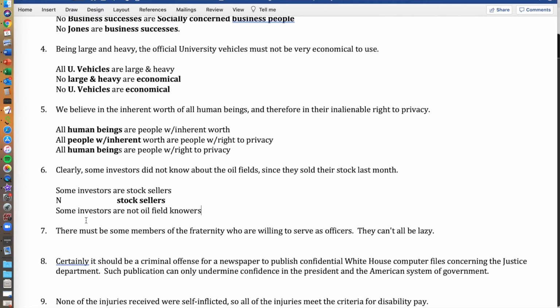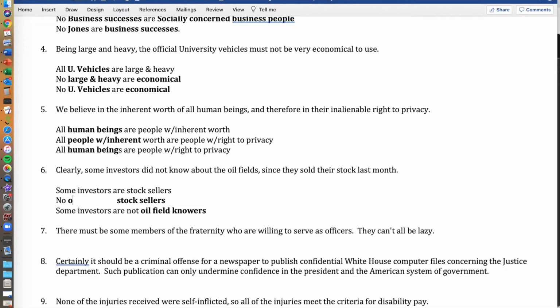But then we look at the other end term, and this is also the missing term in the missing premise, and that's oil field knowers. And I note that it is predicate of a negative in the conclusion, which means it is distributed, and so it has to also be distributed here in the missing premise. And that tells me this missing premise is going to be universal negative because I need two distributed terms. So it's going to be no